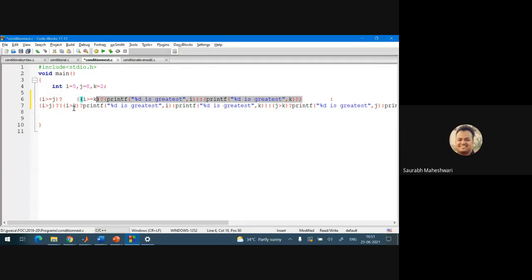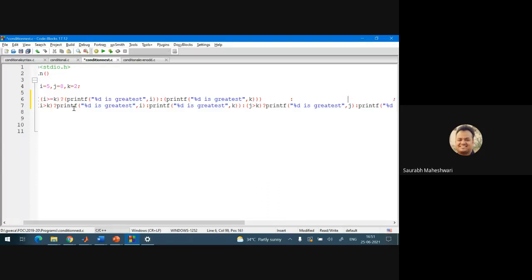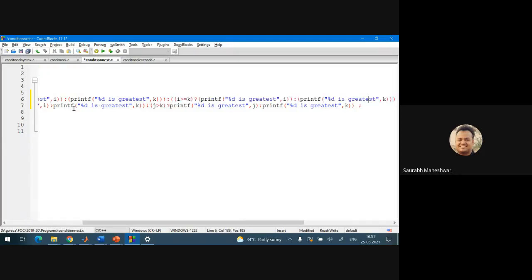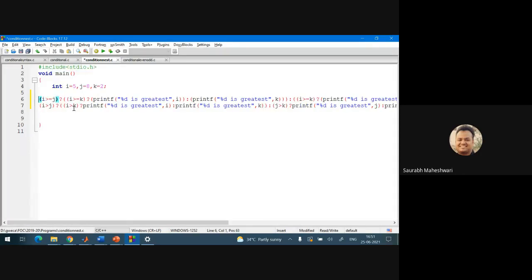So can I copy this? I can copy this complete expression and I will write over here. Okay. But what will be the changes? i is greater than j is false. It means j is greater than i. So we have to check now j is greater than k.